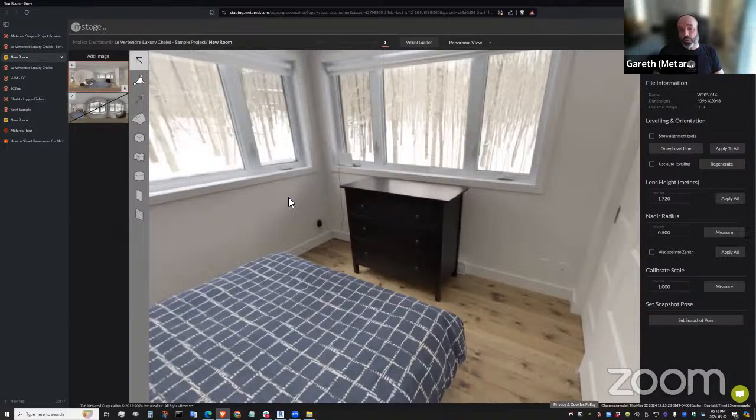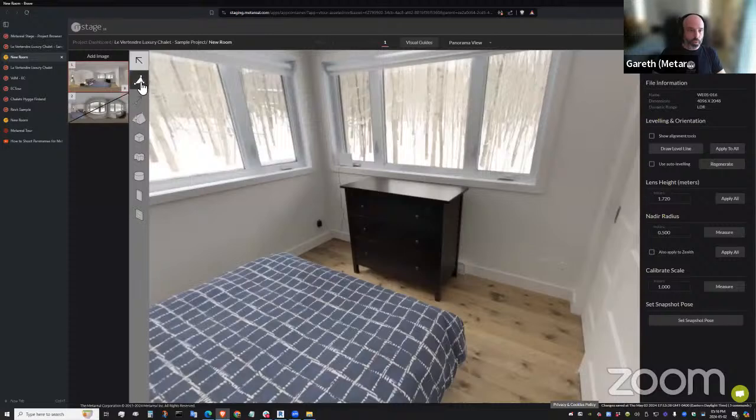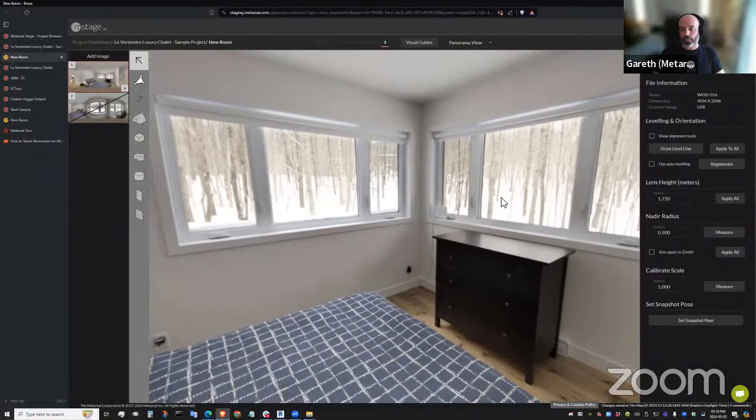So to reconstruct a room, I've got two panoramas. They're just two-dimensional 360 images. How do I get that back into a 3D model? Before I go to my draw tool, one thing I want to do first is check that my panoramas are really level.